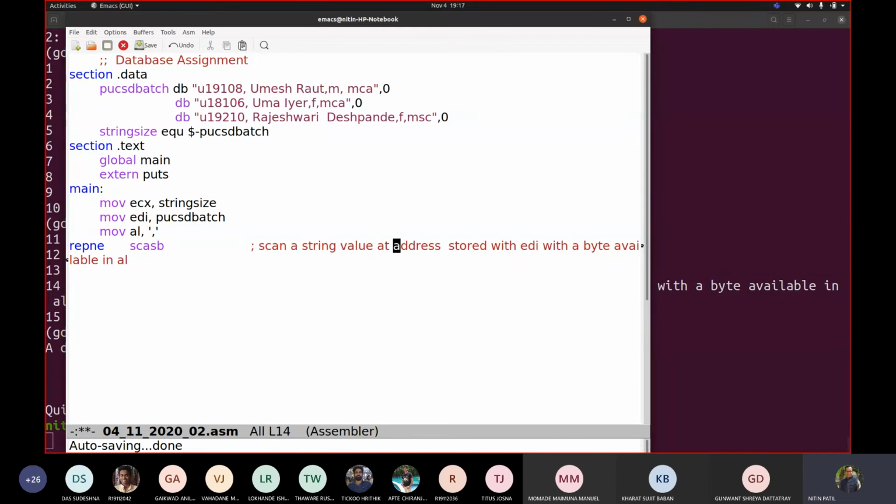Fine. But generally when we say scan string operations, what would they be using internally? The value in AL to scan the character. Now work for you people. Like we already wrote the count code, correct?